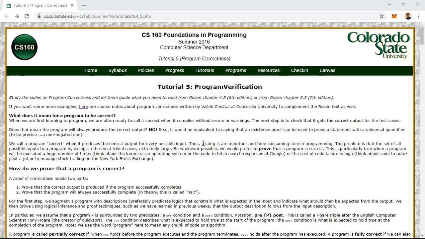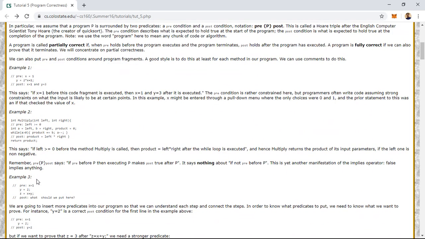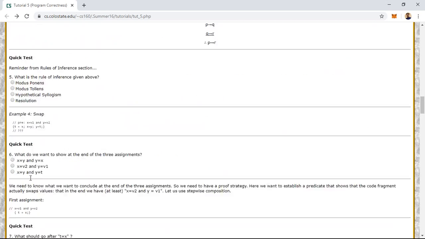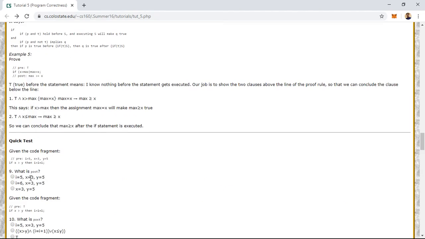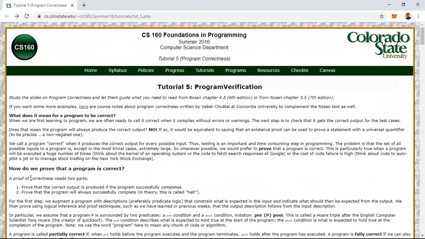You may go to the Colorado State University website. This link was provided in the tutorial in the lectures session. You can go there and find Tutorial 5, program verification, in which many examples are given. For example, a simple example of checking one or two statements with pre and postconditions, checking of functions, and checking of recursive functions. So many questions were given here, and you may go through them.